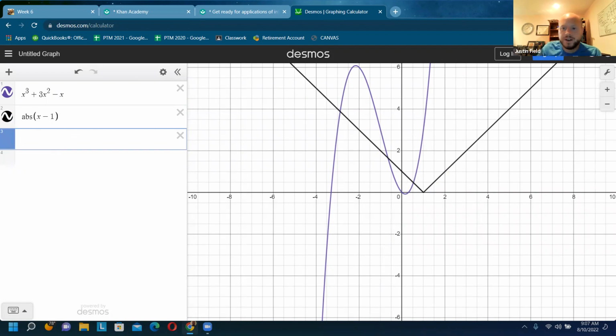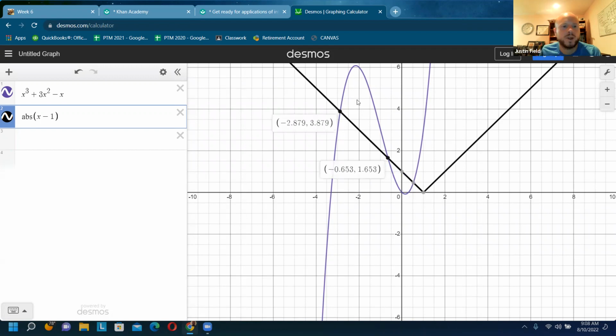And in your TI, you would press second 0 enter, and you'd have your absolute value. Also in the TI, you can use the calculate button, which is above trace, and you'll be able to find the intersections. But on Desmos, I can easily find it right here,